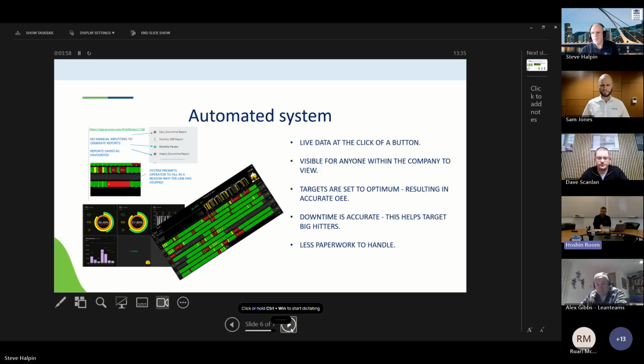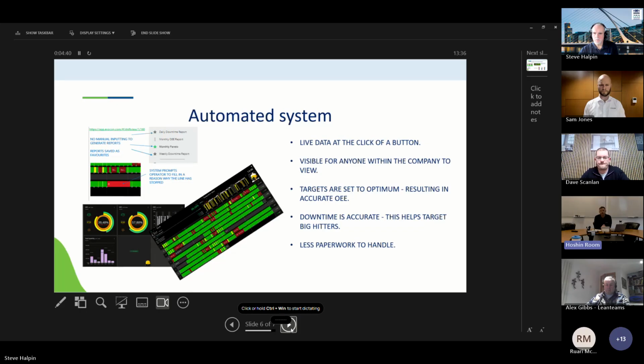Back in, I think it was June, maybe 24, maybe 18 months ago, we decided to do a pilot activity with Evocon on one of our lines. It was on our main line, probably producing about 80% of our volume every week. And as soon as we put it in, we could see vast improvements. Sam and I sat down a good couple of times, and he said, "Mick, your targets are way off here. You're getting inaccurate data. You need to up your targets." We had them at ideal instead of optimum. And as soon as we changed to our optimum targets, with the help of Sam and Evocon, it was a game